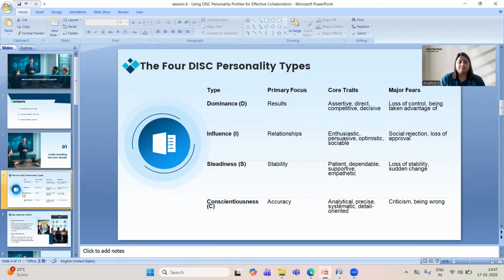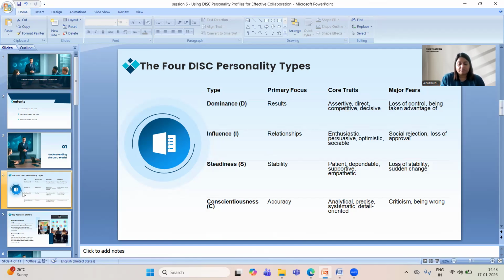They give you space and hold space for you when you are trying to communicate your own point. They prefer stability rather than chaos and running towards results. They are just the opposite of dominance, and they just want to collaborate all together. However, a sudden change or sudden action is something that imbalances them a little bit, because that's where they don't find the time to collaborate and work together.